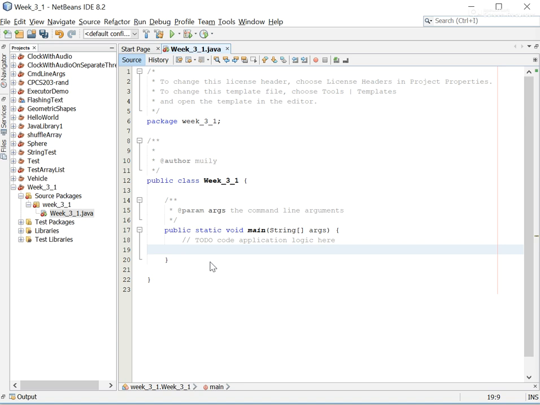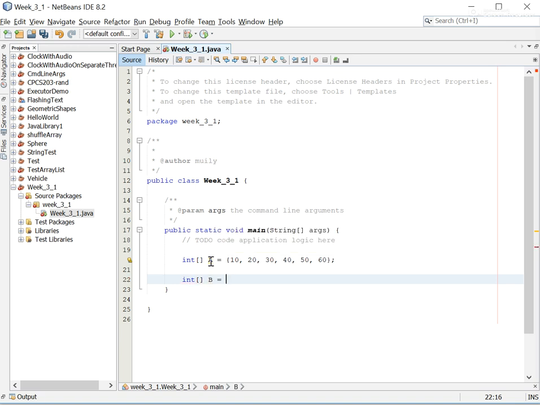Okay, so start from the beginning. I'm going to be working with two arrays over here. Let me call the first one, let's make it simple, integer array A, and let me just initialize it with some values: 10, 20, 30, 40, 50, 60. And let me create a second array. Let's call this one B, also an integer array. But let's keep this one